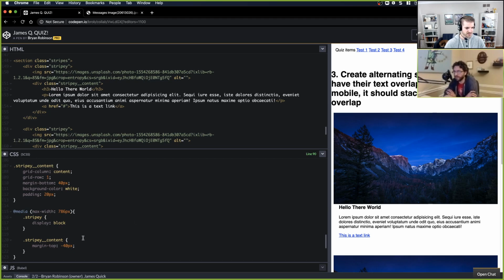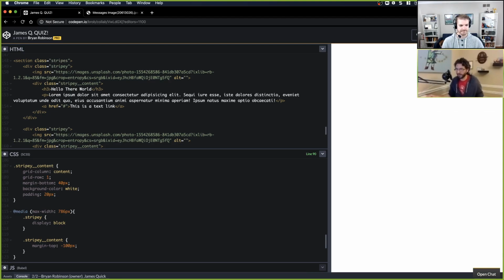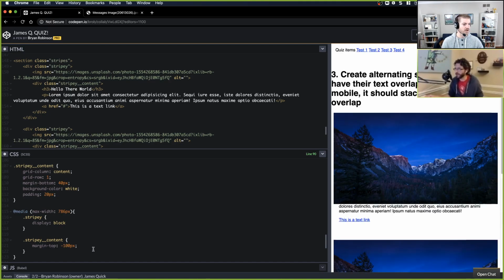Stripy content, is that just not quite enough? Let me inspect it real fast. You can go ahead and start making changes. I think that got it up 100 pixels. And then I feel like I'm kind of hacky with z-index. I think the problem is it has to come on top of the image. But that didn't appear to work. Select the text. Is it on top of it?